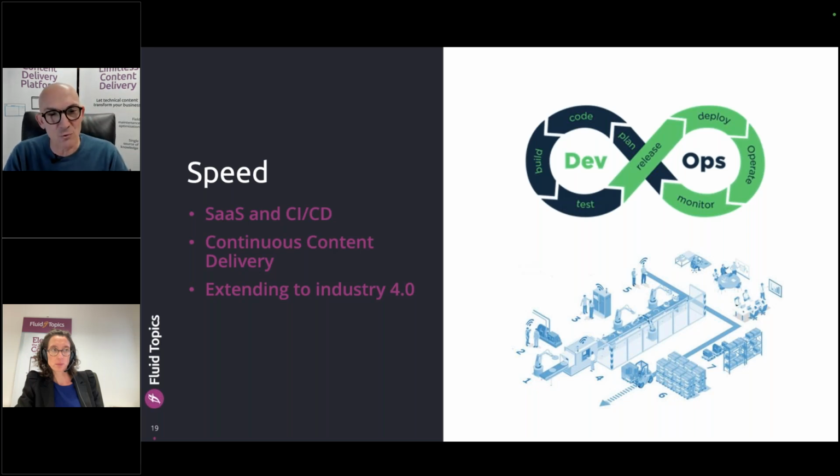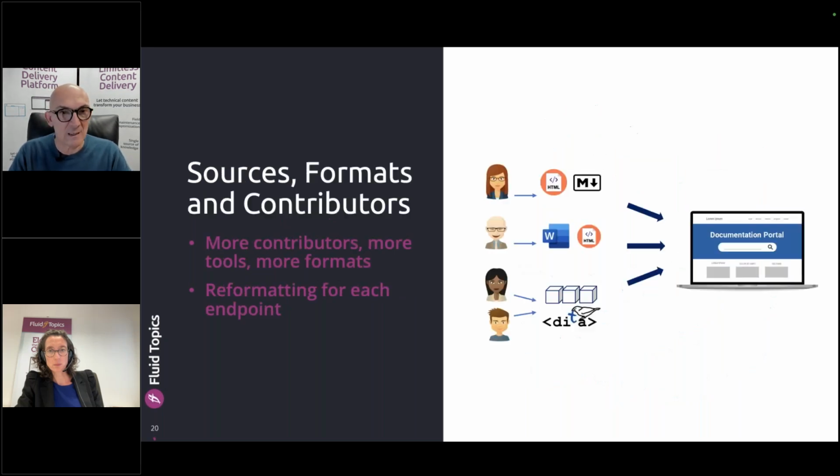And that's also true in the manufacturing industry. We see that more and more because even hardware products have embedded software, which changes the capabilities of the product, and also because the products themselves are made of subsystems and modules that are updated separately, which means that each and every product is released regularly with new capabilities, and the documentation has to be updated on the fly. So speed of delivery is a key factor of efficiency of a company, and that's where you need a system that can cope with that increase of speed.